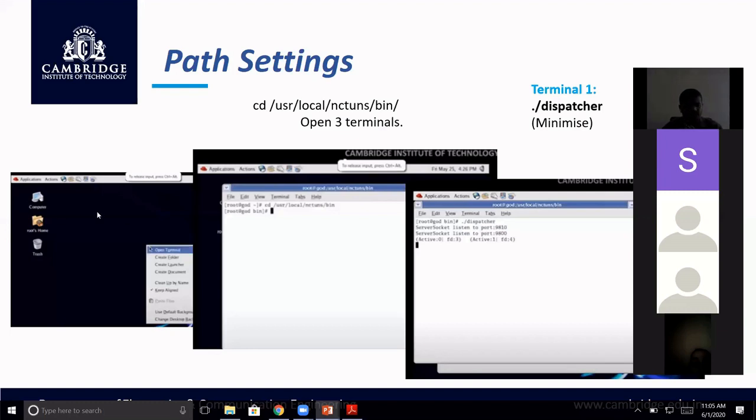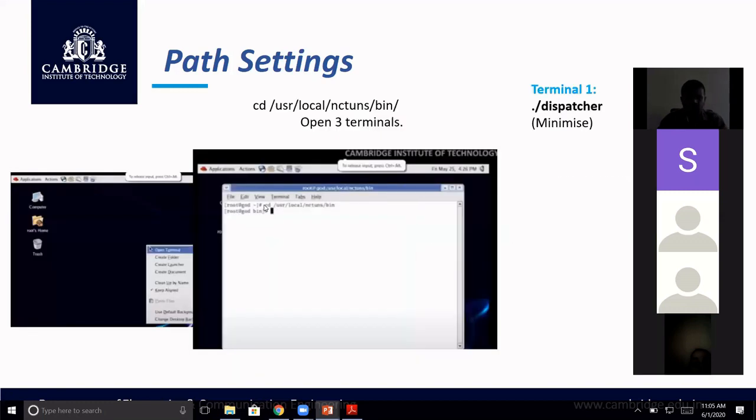So what you want to do is right click on your desktop. There is an option to open a terminal. Usually on a Linux platform, all interaction happens through the terminal itself. Like in Windows, you have all icons, but in Linux, you don't have any icons. Any command the user wants to feed is given through the terminal itself. Terminal is an interface between the OS and the user. Okay. So here there is an option to go here.